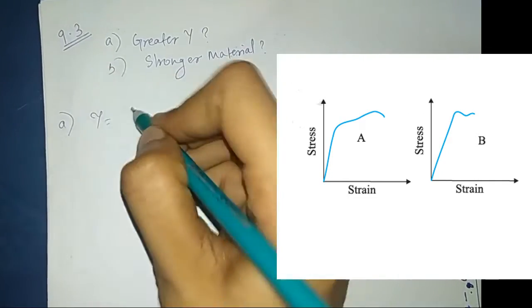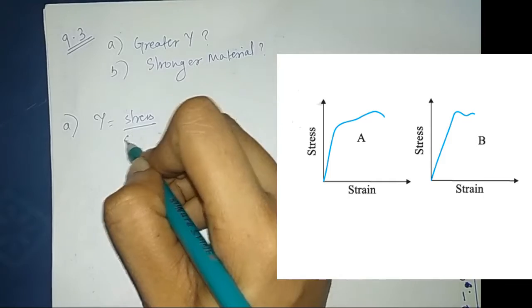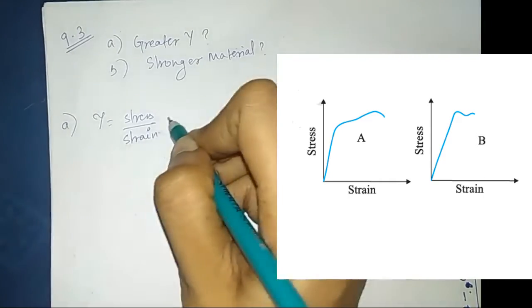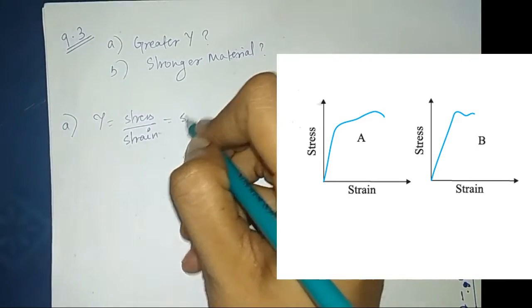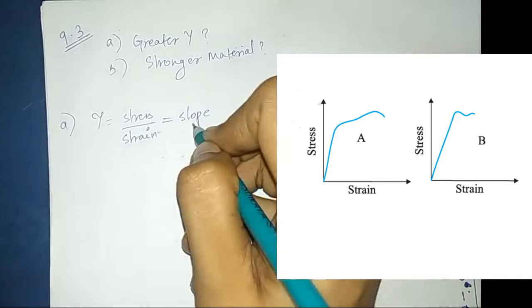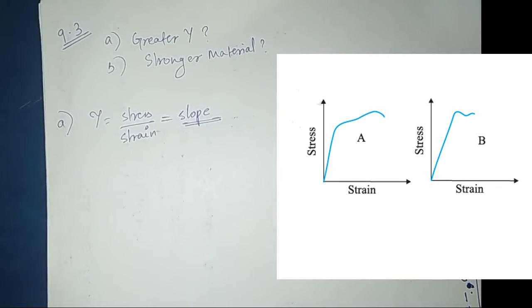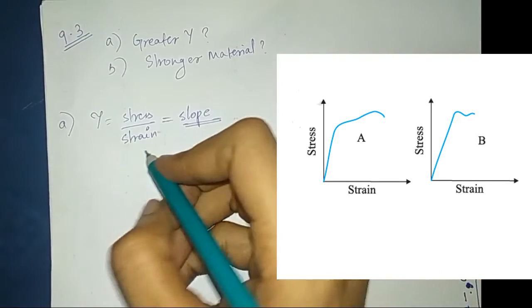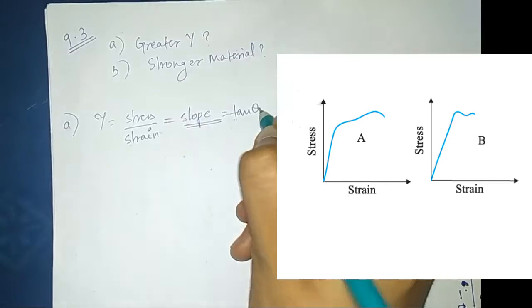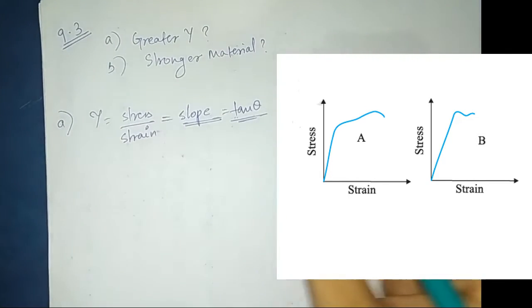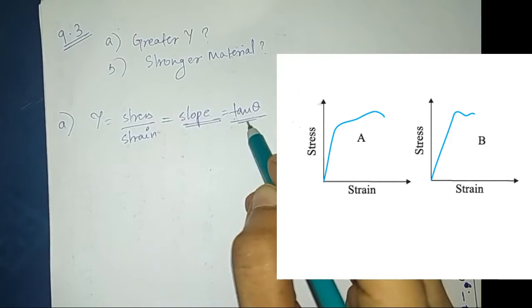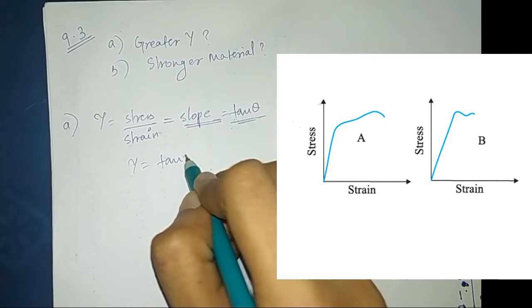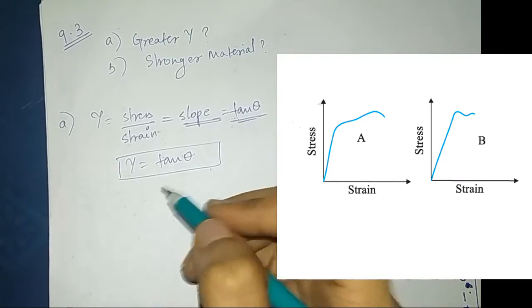Young's modulus, as we know, is nothing but longitudinal stress by strain. As I said, if a plot of stress and strain is given, it's better to calculate it using the slope. But here the problem is we don't know the actual coordinates and the scale of the plot. Slope can also be written as tan theta. So in this problem it's easier to approximate theta and compare. We will be moving with the tan theta method. So Young's modulus can be calculated by tan theta, that is the slope of the graph.